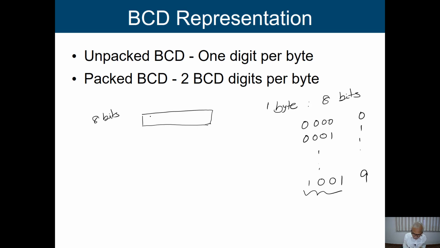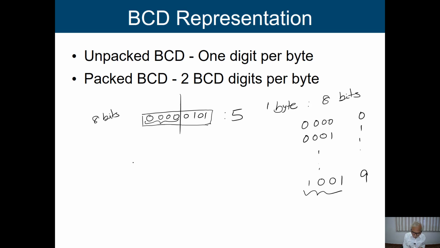So in this particular case, if we are going to use all those 8 bits of a byte, then the representation of 5 may come something like that. And you will find that we are not using this particular 4 bits at all, that will be always 0. So if I am going to represent the BCD digit using 1 byte, we say this is your unpacked.